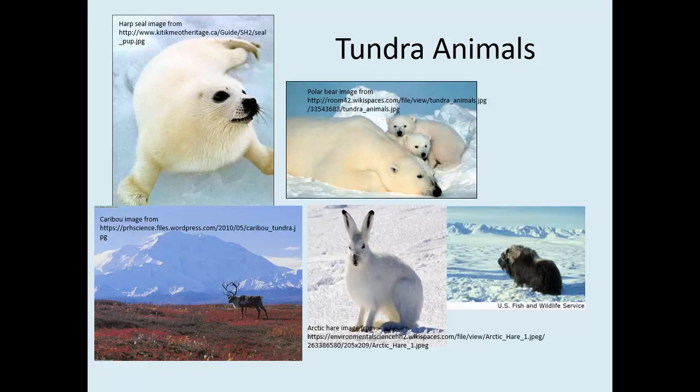Here are some pictures of tundra animals. So the muskox that we saw earlier, a snowshoe hare, that's an Arctic hare, polar bears, which are kind of the poster child right now of what we're seeing when we talk about climate change in the Arctic. A lot of times we're talking about polar bears and their survival issues from melting sea ice. Harp seals and other types of seals live in the Arctic. And caribou, so these are migrating animals that travel from the tundra south in the winter, so they actually don't live in the tundra year-round, but they do summer in the tundra.